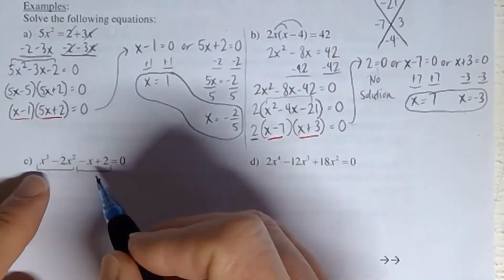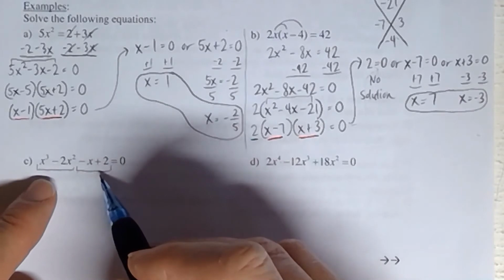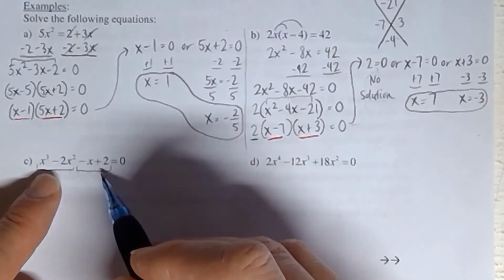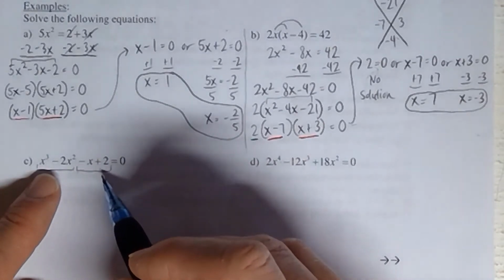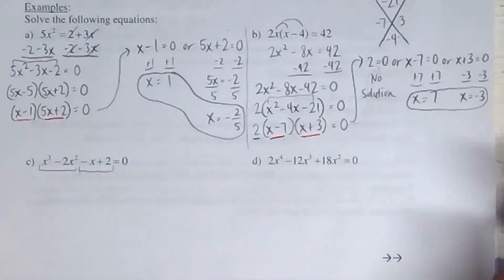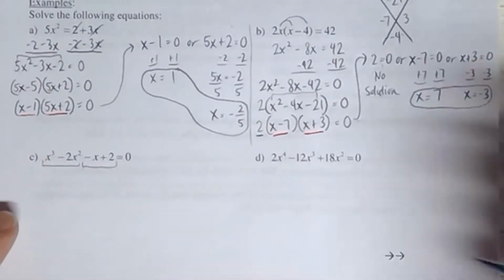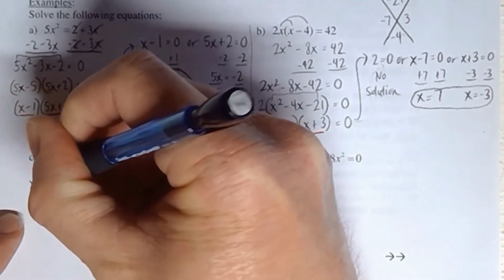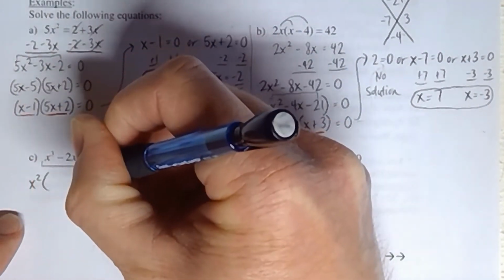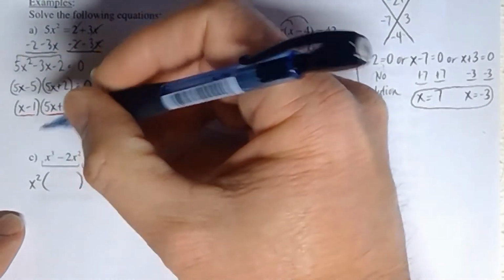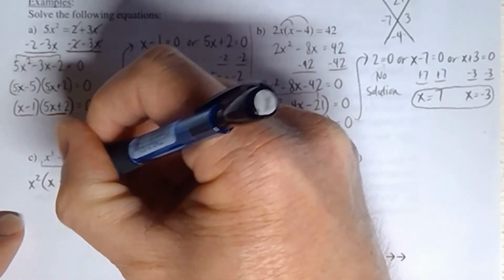Since that has 4 terms, again, the GCF of the whole thing is 1. We always have to consider that first. But since it's equal to 1, we'll skip that step, and we'll go right into the factor by grouping technique since there's 4 terms. And that would give me what here? That would give me x squared on the first group. Inside the bracket, when I factor that out, it's going to be x minus 2.